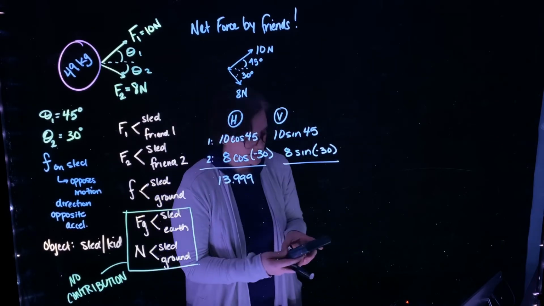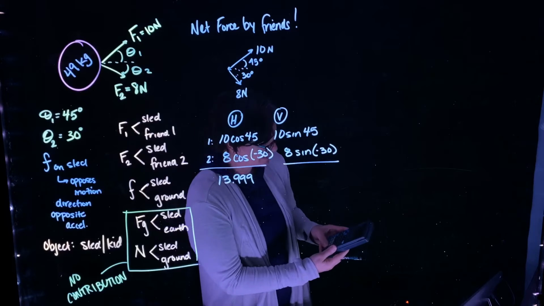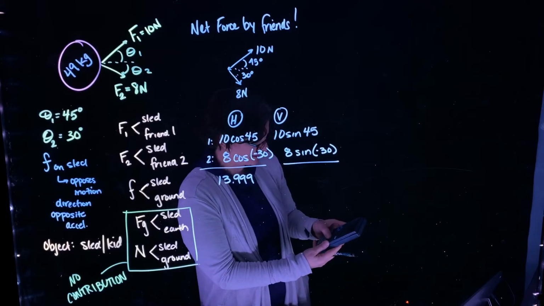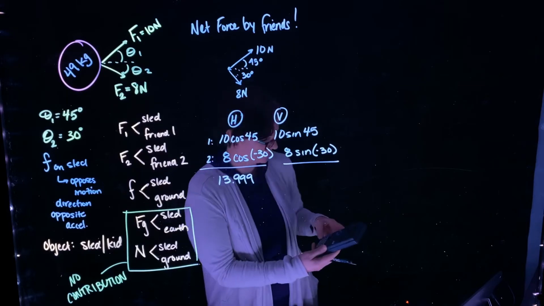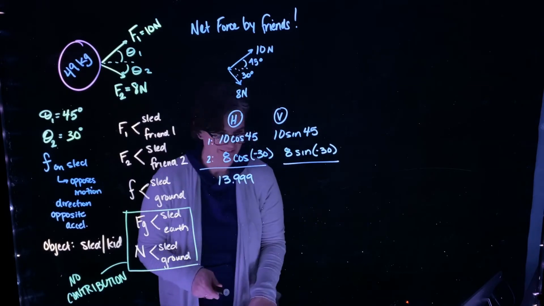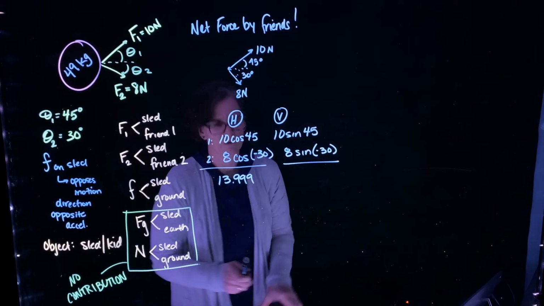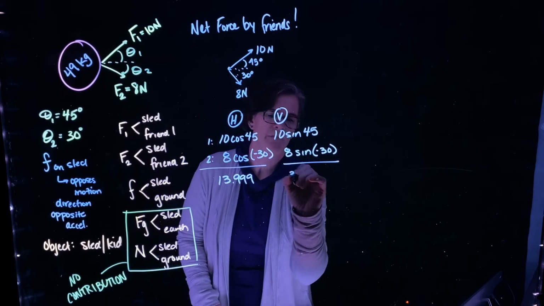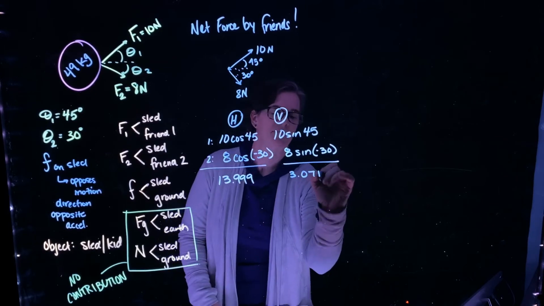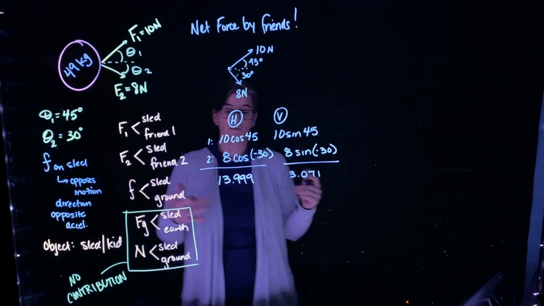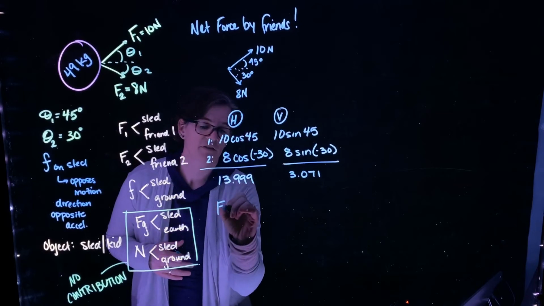13.999, so 14. And vertically, we have 10 times the sine of 45 plus 8 times the sine of negative 30. That 30 is going to be important because the sine of negative 30 is in fact negative. And it gives us a vertical component of 3.071. So I have my horizontal and vertical component. The force of the friends